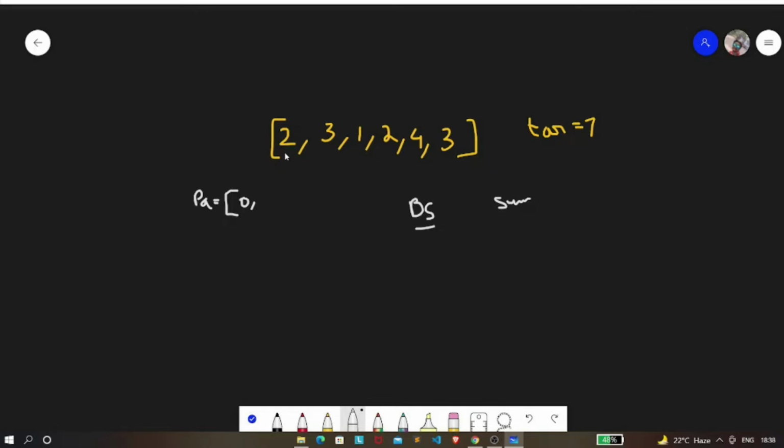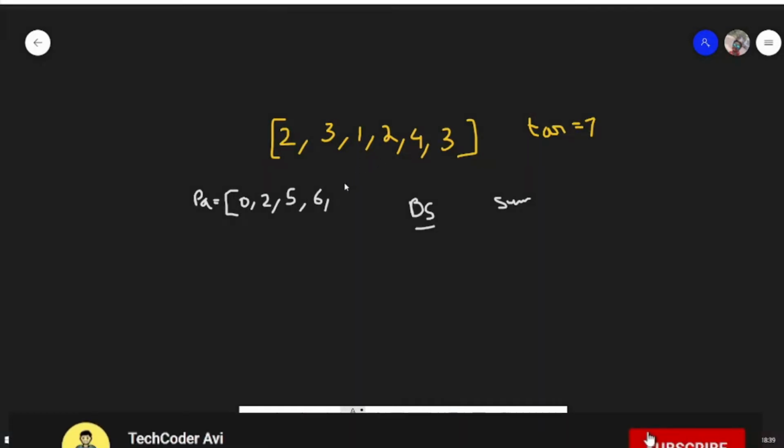Then we add 0 plus 2, then 2 plus 3, that will be 5. Then 5 plus 1, so we are adding the elements one by one and storing them in an array.